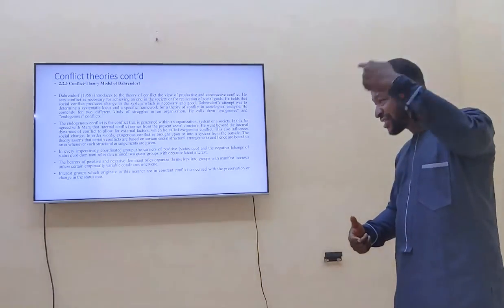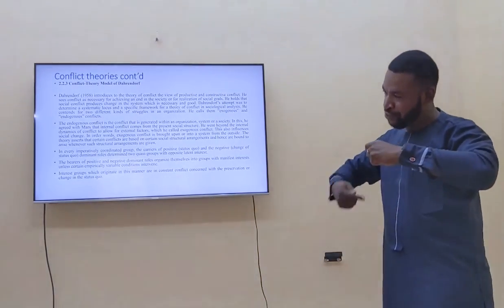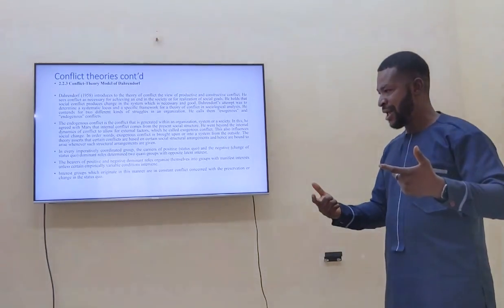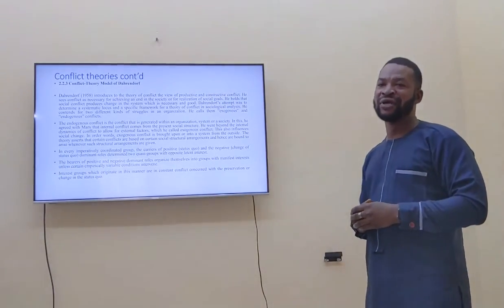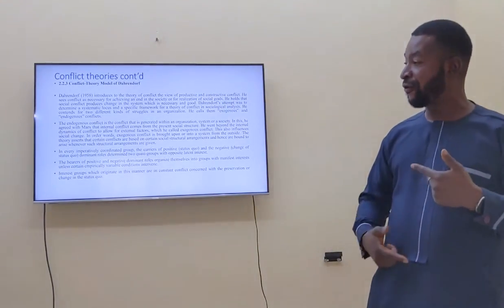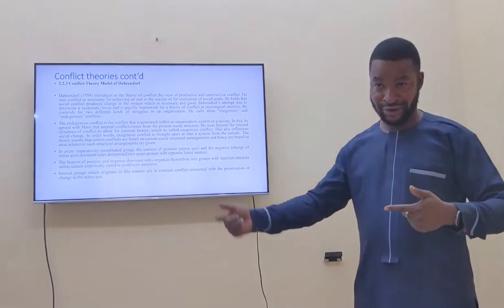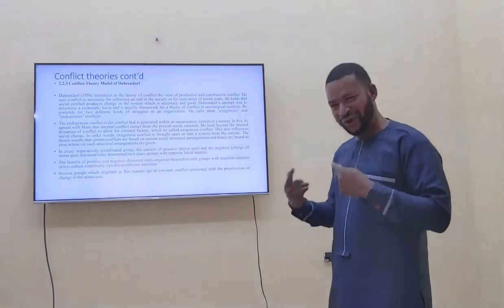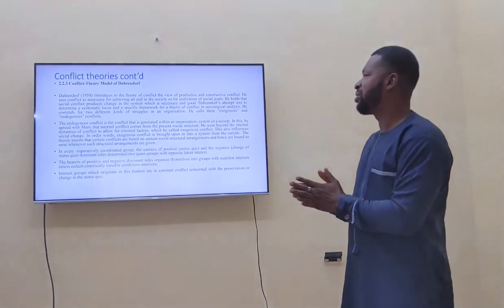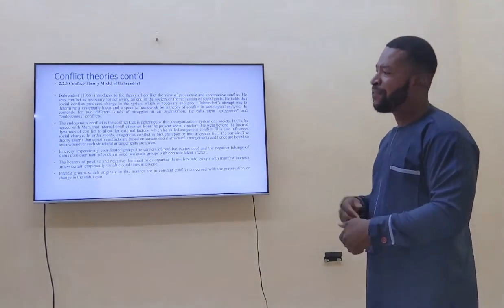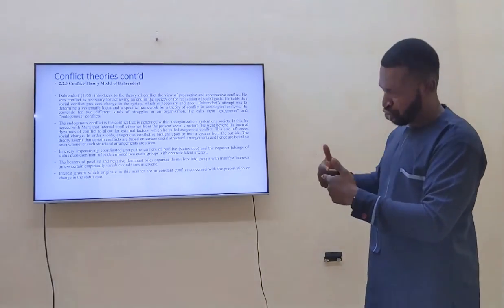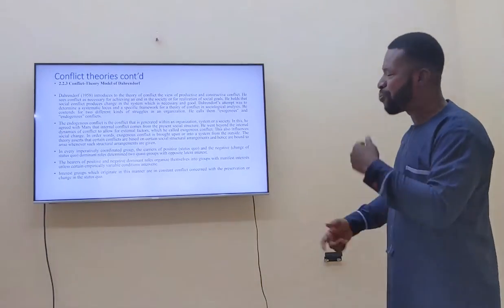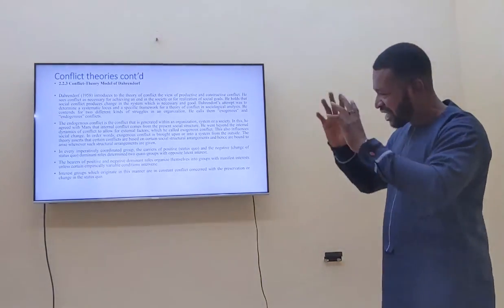For a system to be changed, amended or restructured, there must be what? There must be a conflict. A practical example is the time in Nigeria when people started calling for political restructuring. As we all know, at that point it started causing conflict in the system, because there was a call to restructure the system. So this theory is simply saying that because conflict must come, it is important that it comes so that it will bring about a social change. It will bring about a reconstruction of a certain structure in the system.